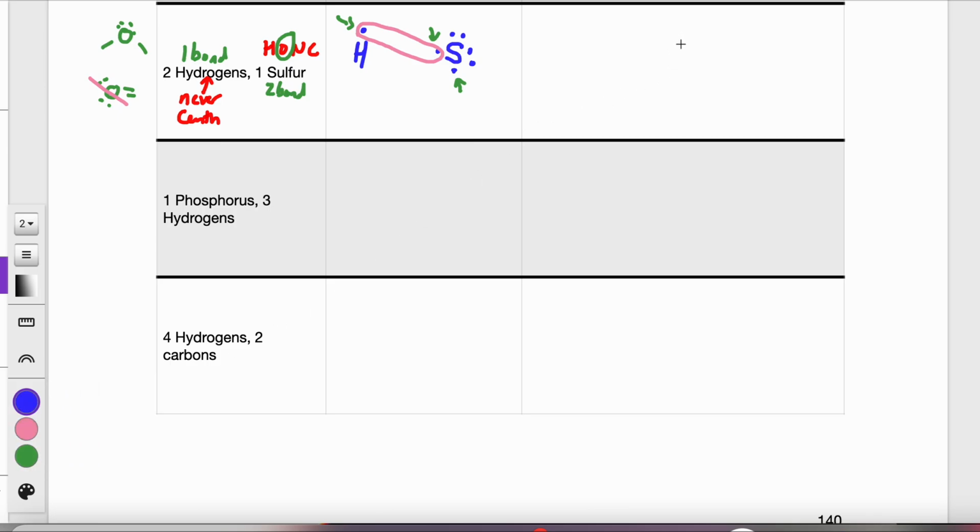So I'm going to start this drawing. So I have my sulfur, and it forms a bond with the first hydrogen. And because this is not a double bond possibility, then I know that I have to have something else present here. And there's a big clue here. In our information,